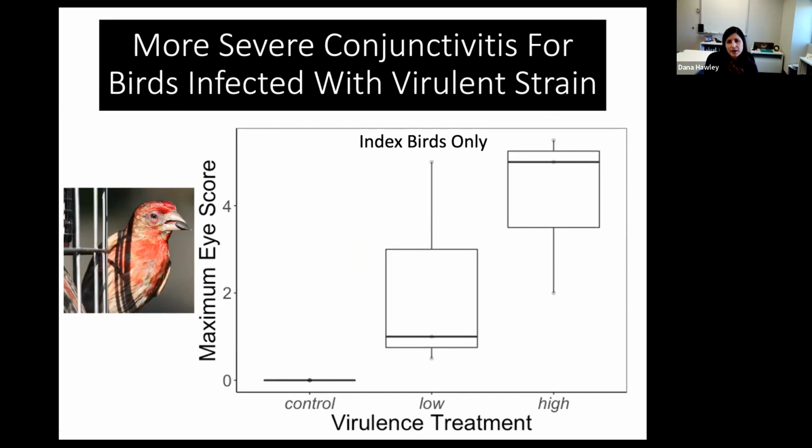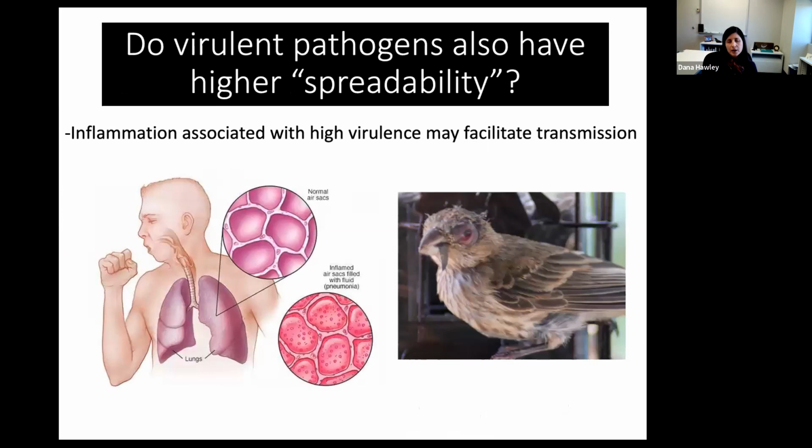So it may simply be that something about the degree of inflammation around that conjunctiva augmented the powder spreadability onto that feeder, and the ability of the powder to move into flock mates more easily, in the flock mates from these high virulence treatment index birds. So we obviously need to increase the number of strains here, but I think these results are suggestive of the possibility that there may be direct benefits to virulence in this system in terms of this spreadability.